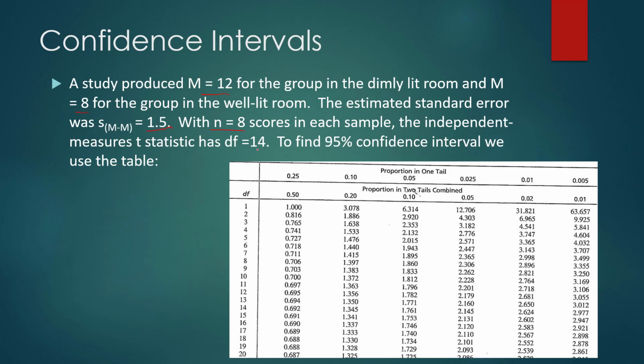For sample 1, the degrees of freedom is n minus 1, which is 8 minus 1, or 7. The degrees of freedom in our second sample is also 8 minus 1, because each sample had an n of 8, so also 7. So together,